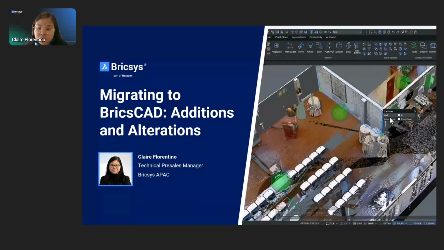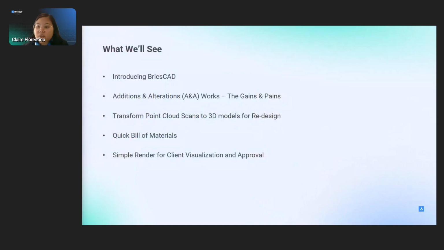So, what will we be seeing today? What's the focus of today? First, we'll do a brief introduction of BricsCAD, which is basically the software that we'll be using for most of this session, if not all. Next, we'll explore some pain points of A&A works, the benefits gained and the pains dealt with when doing additions